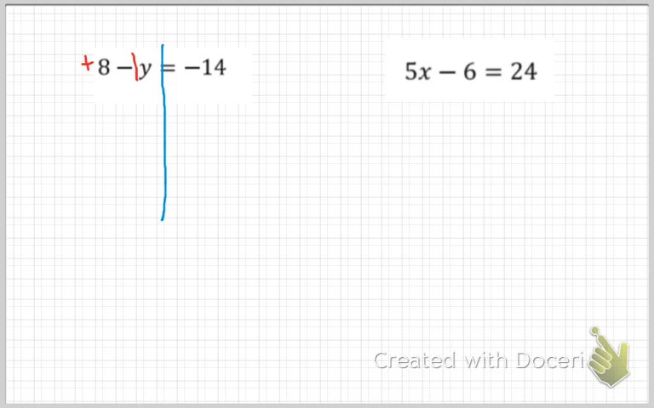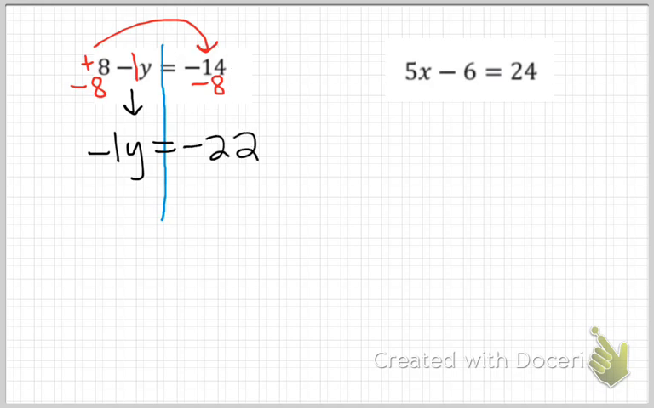This 8 is a positive 8. We're going to move it over to that constant term, and we're going to do the inverse. We're going to subtract it. Well, this 8 minus 8 is just 0. I'm going to bring this down. Minus 1y is equal to this here. Minus 22. The reason I put a 1 here in the beginning of this problem is so we can see